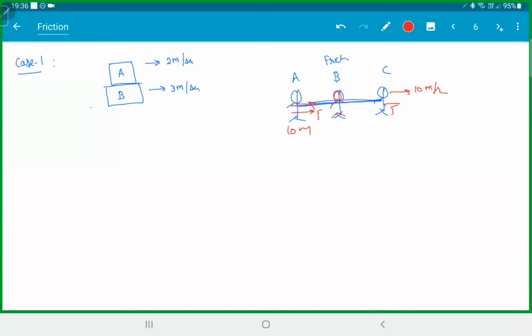You're getting it? You have 3 options with you. Stop C, or forget about C and make A run, or decrease C's speed and increase A's speed. The friction takes the third one, because whenever you try to stop C, you get some force. That force you can use by third law on A and increase its acceleration. So